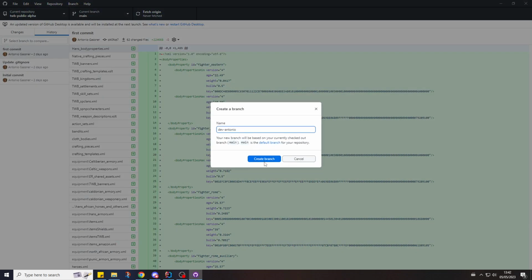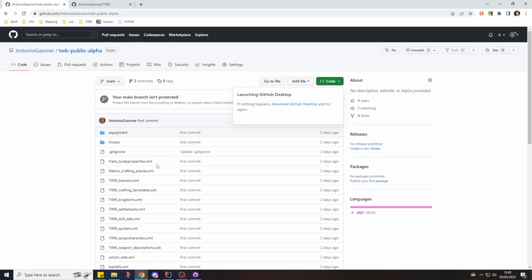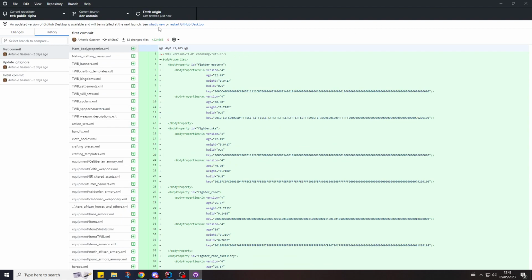I create the branch. And here it asks me to publish the branch. I click publish this branch to GitHub. And the cool thing is the application will actually update the GitHub website. So if I reload here, now I have Dev Antonio as well. So if I link GitHub Desktop to my GitHub project, then I can use the application to update the code